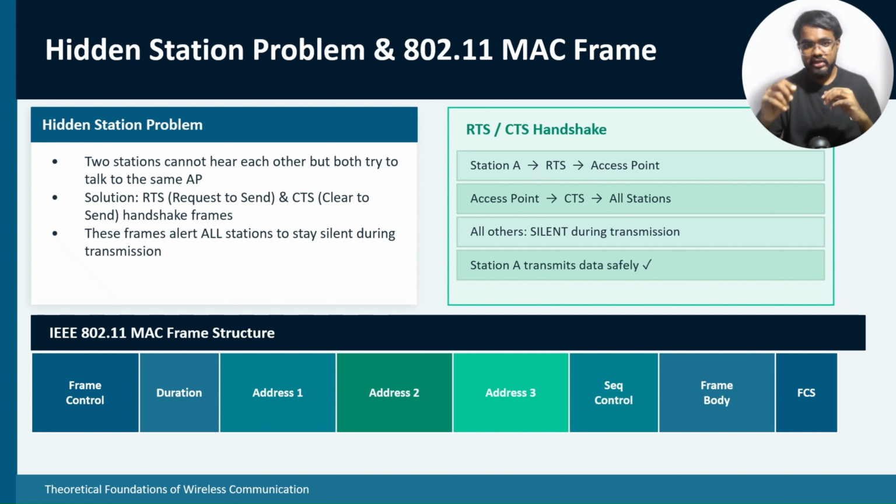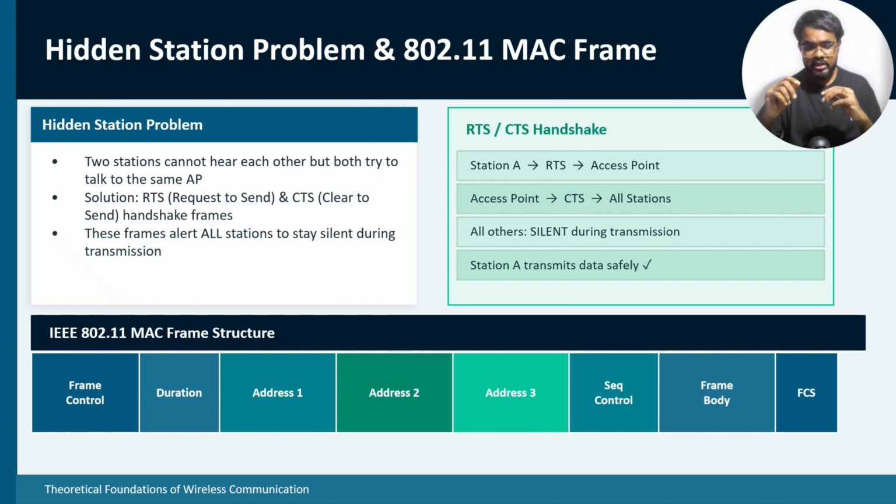Finally, once the channel is secure, the data is sent in a specific MAC frame format, which includes frame control flags, duration values, 4 separate address fields to handle complex wireless routing, sequence control, the frame body, and FCS